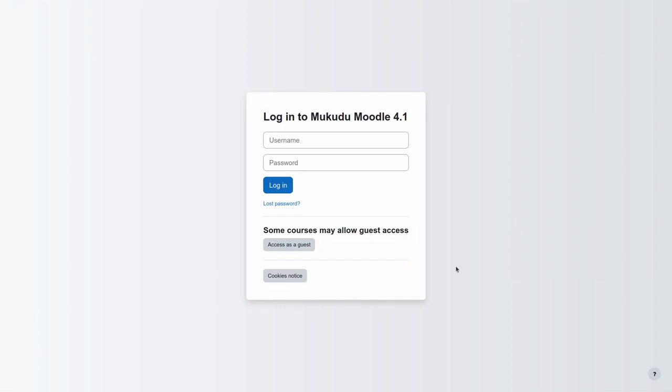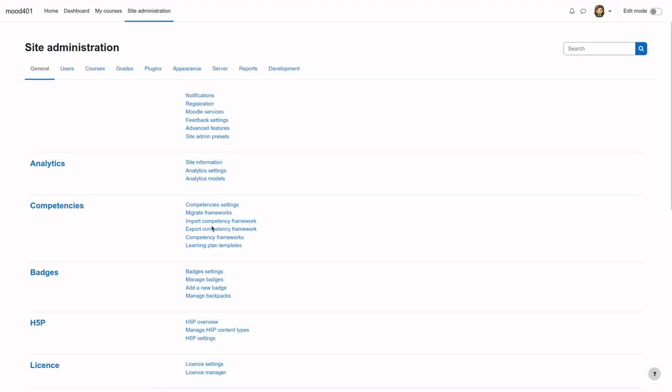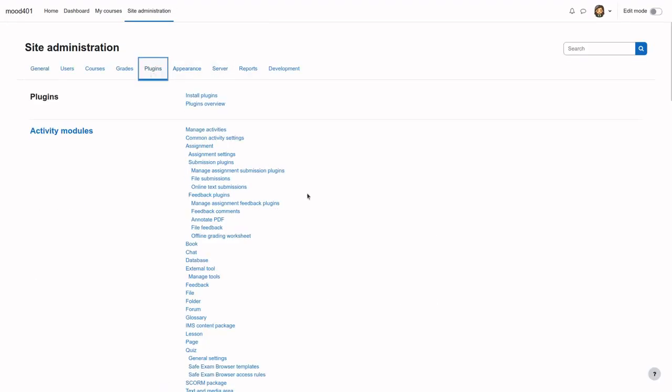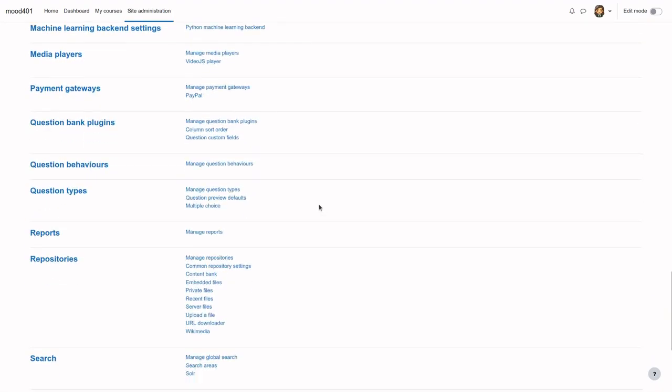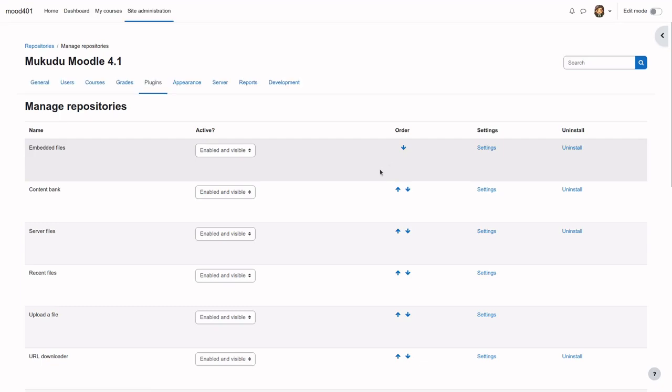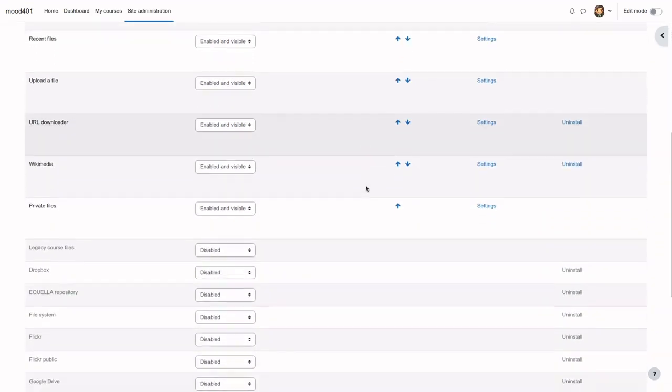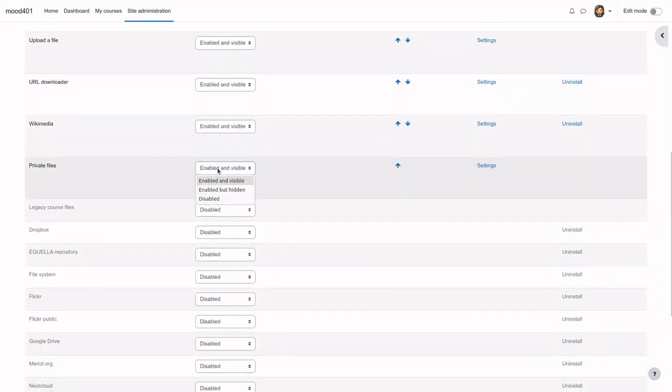So now let's see what happens if we remove access to the private files area, the repository itself in Moodle. So I'm going to log in as admin, and I'm going to navigate to site admin, go to plugins, go down to repositories, manage repositories, and I'm going to go down here, and we've got our private files